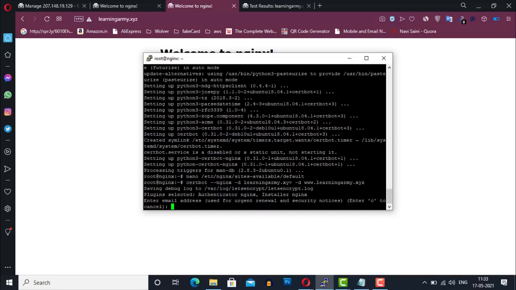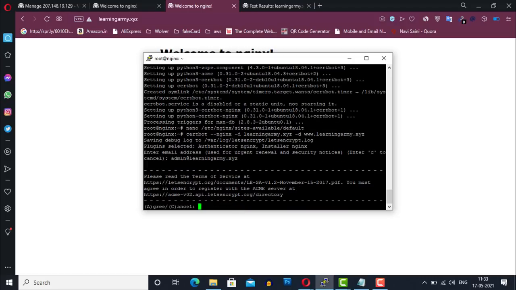If you are doing this for the first time on your server, then you will be prompted to enter an email address. So I'm going to enter my valid email address, because if there is any issue regarding the SSL certificate in the future, then Let's Encrypt will notify us with an email. So after writing a valid email address, press the enter key.